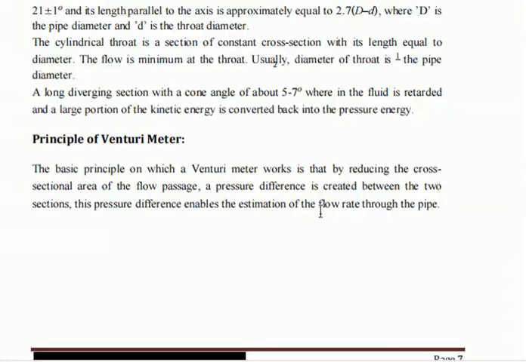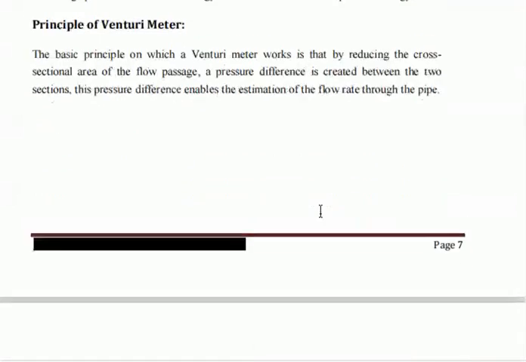This is the basic working principle of the venturimeter. By reducing the cross section, we create a pressure difference between the two sections, and that enables us to estimate the flow rate through the pipe. This is the principle of venturimeter. Okay, so next,